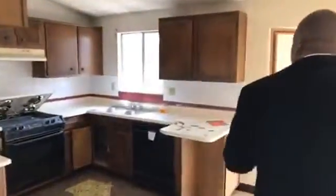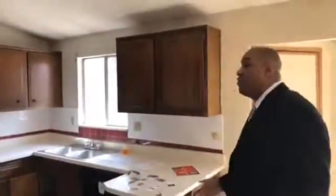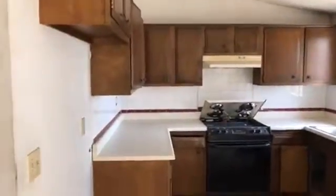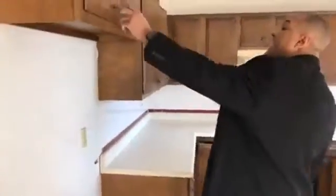You know, 1,900 square feet is nothing to sneeze at, guys. This has plenty of square footage. It's on a corner lot. It definitely needs work. We're walking into the kitchen now here, and the cabinets are definitely dated, but believe it or not,